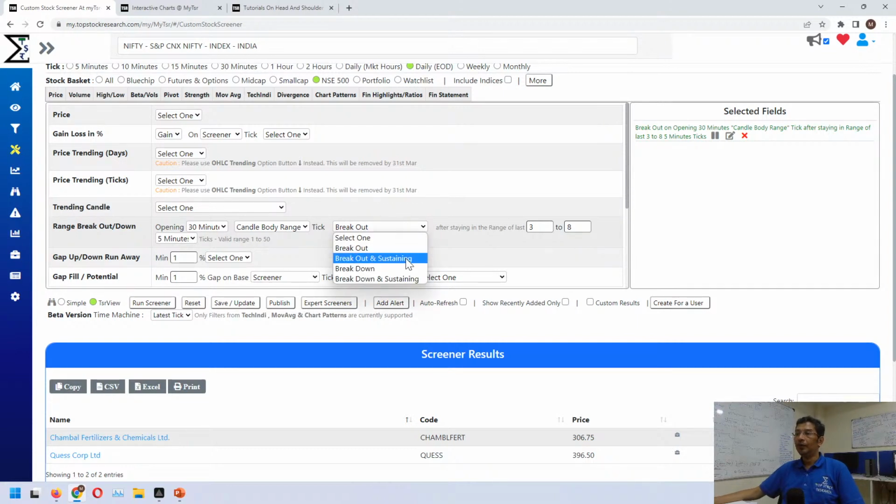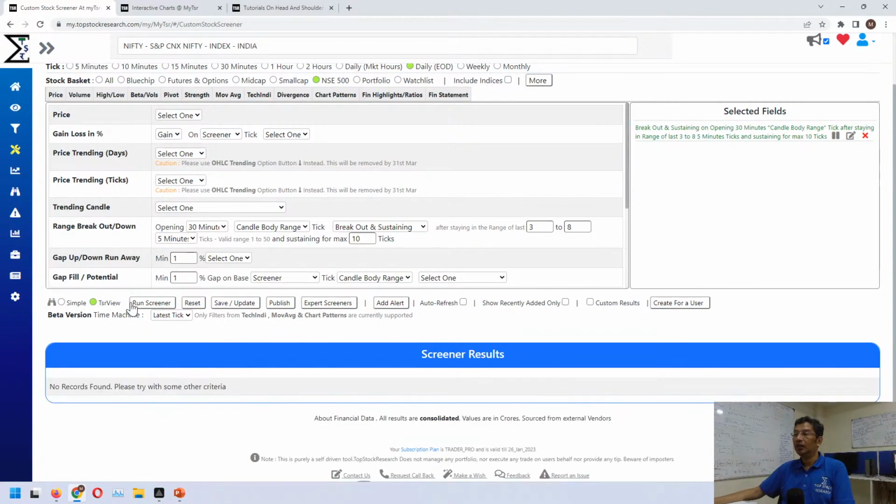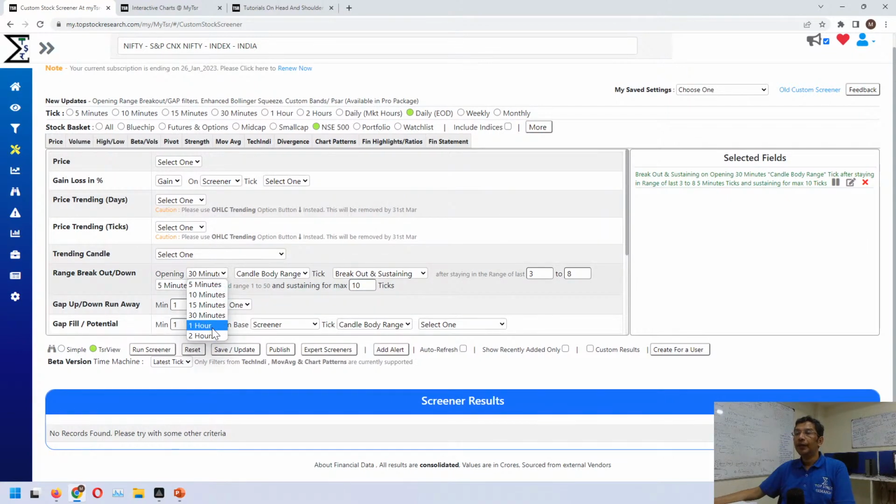This perhaps will be able to get it. Sustaining for a maximum of, let's say, 10 ticks. I hope we'll be able to get something over here. No. We make it 1 hour. No, we don't get it, right? So the key here is